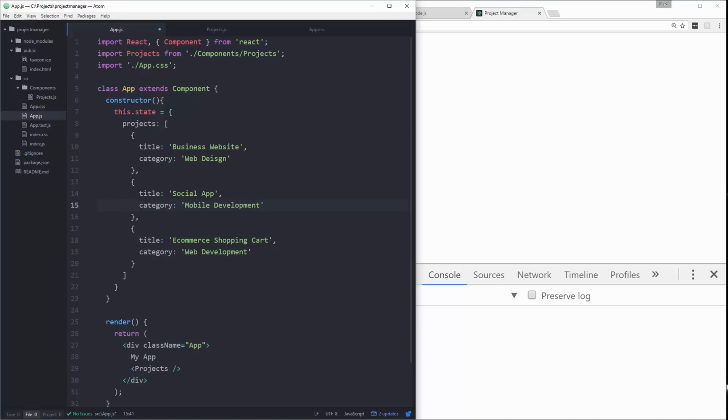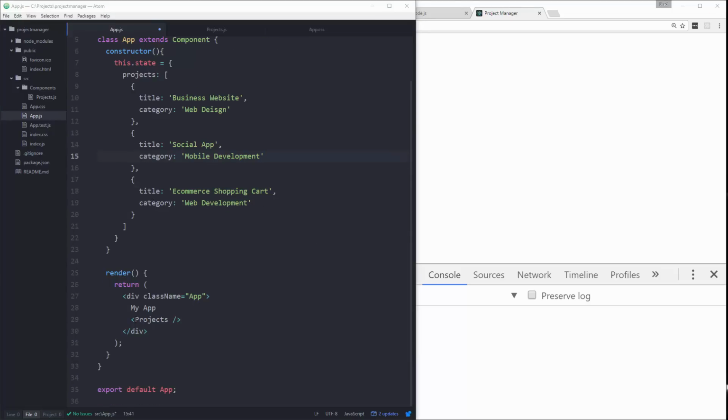Now we want to take this state and pass it into projects as a property. Basically, you want everything at the top of your application in state and then pass it down to other components through properties. The data should be immutable. It should go from the top down. So let's pass it in as projects, and we should be able to say